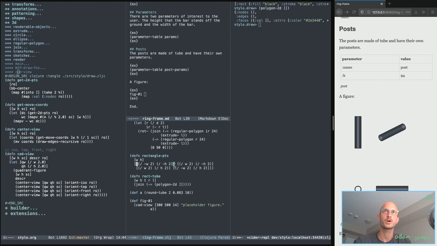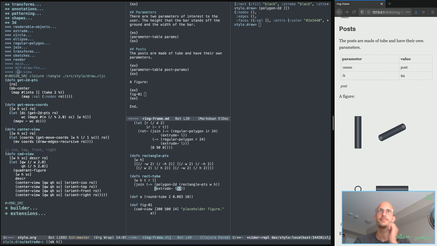Okay, there. So we've got the bottom corner, next corner, next corner, next corner there. It's a list, or a vector, I should say. Rectangle points. There. Now, polygon 2D of rectangle points with height, right? Extrude by the length. And then join that with polygon 2D of rectangle points of